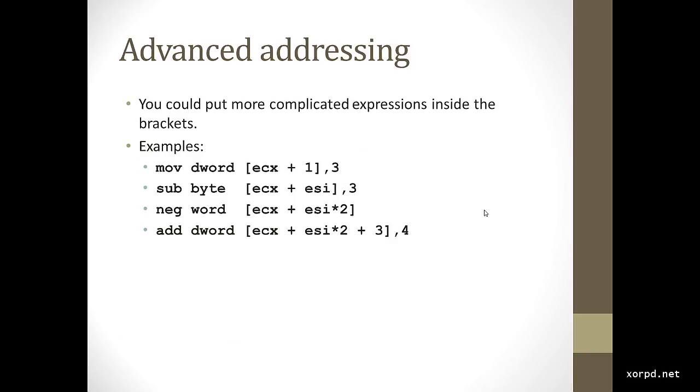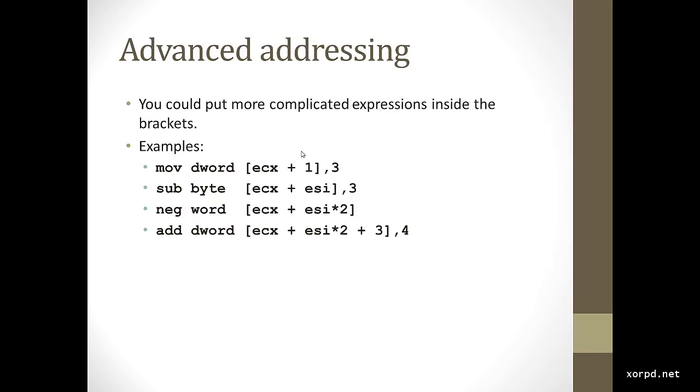Advanced addressing. You could put more complicated expressions inside brackets, which is really non-trivial. Some examples. Move dword [ECX plus 1], 3. This is going to store the dword 3 in the address ECX plus 1. In fact, as we have learned from the endianity slide, it is going to store the byte 3 in location ECX plus 1,